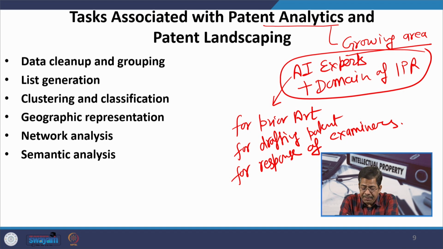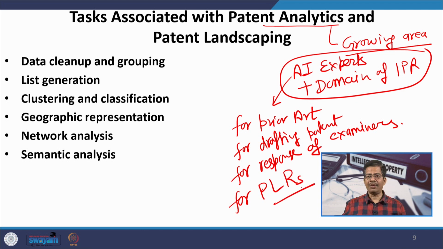You need good IP understanding for writing a good prior art, for drafting the patent applications, giving response to examiners' queries, etc. But nowadays AI solutions are available, and at the same time AI solutions are also helping in your preparation of PLRs. All these are the uses of AI which are becoming popular in the field of IP landscaping and IP portfolio